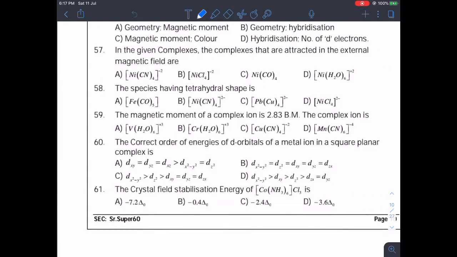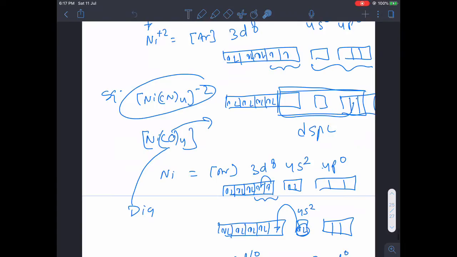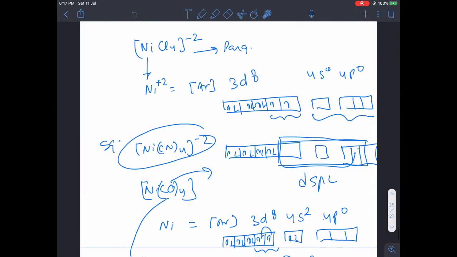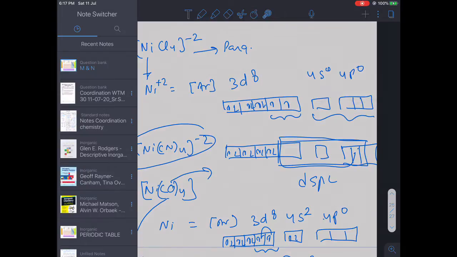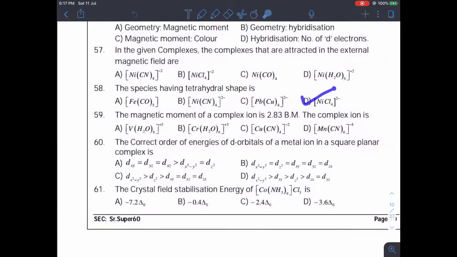And if you talk about the next example, that is [NiCl4]2-, then yes, just now I discussed that also. Because it is a weak field ligand, it will not pair up, so it will have to use the outer set of orbitals, that is s and 3p, so sp3, so it will be tetrahedral. So the tetrahedral species is that only. This one is tetra; I think there is a printing mistake here, Cu is not possible, right. So the correct answer would be D.